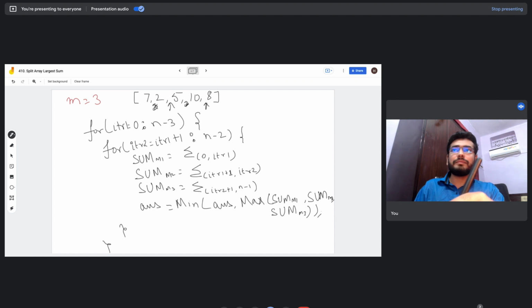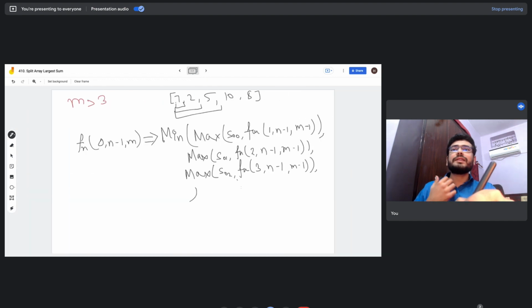So we can run up these two for loops, find the individual subarray sums over here, and then find the minimum out of the maximums of the subarray sum by maintaining your minimum answer in a particular variable. So this is an easy way in which you can find the subarray sum when m is equal to 1, 2 and 3. But what if m is even larger?